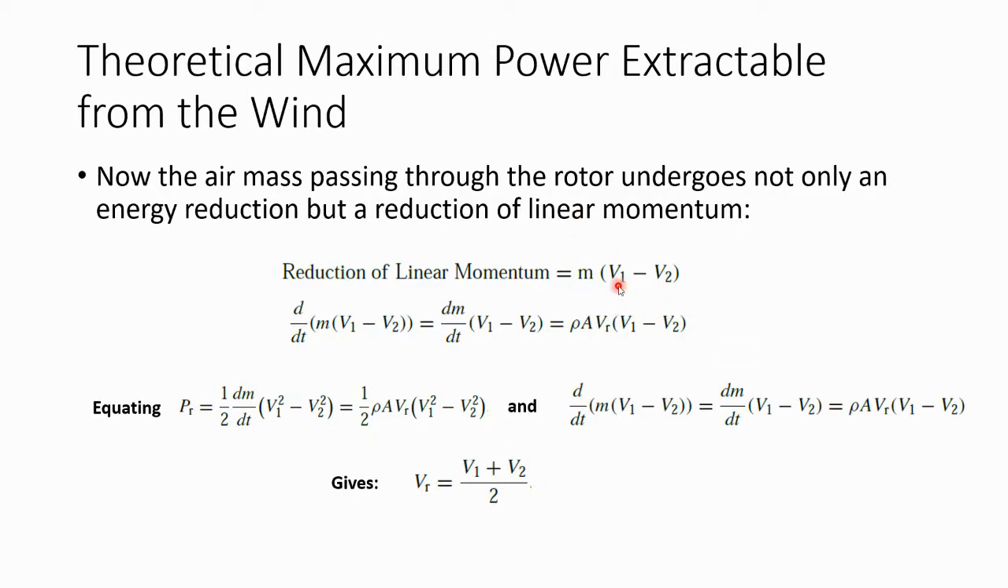So we can also go ahead and take a differentiation of this, because we want to find the maximum loss of the linear momentum. If we find the maximum loss of the linear momentum, then we have found the maximum momentum absorbed by the wind turbine. All right. So we take the differentiation against time as well, and then we take the